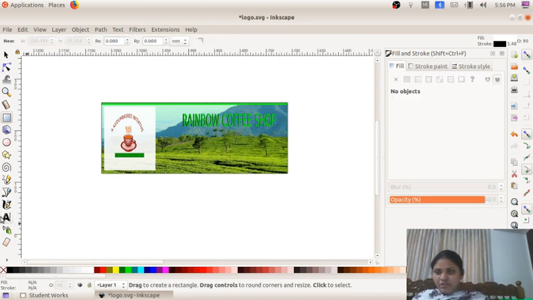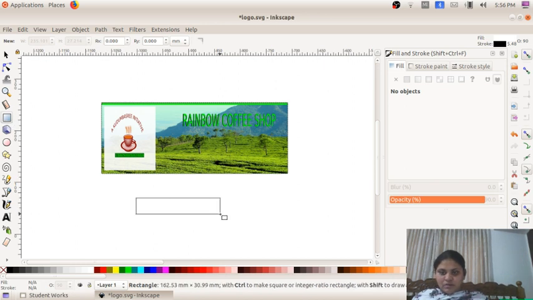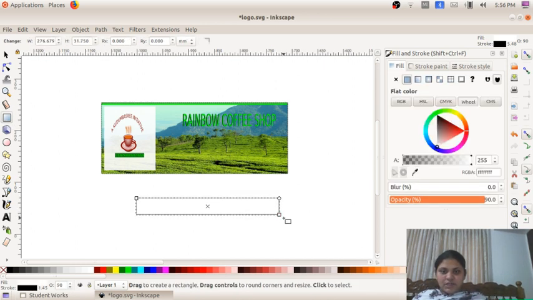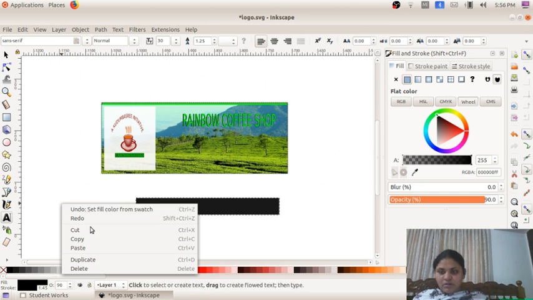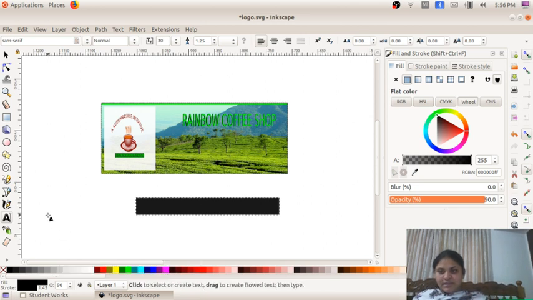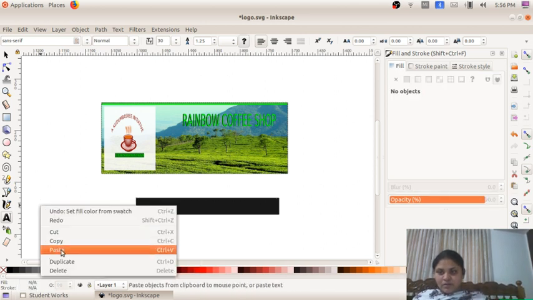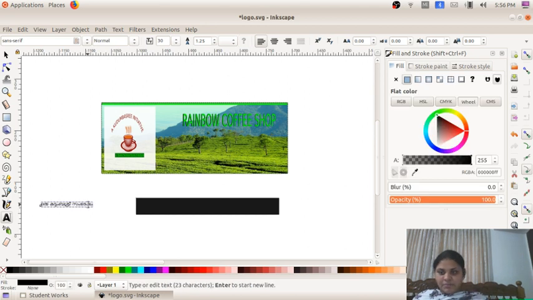I will draw it once more. First I will create a rectangle box. I am giving black color. After that, we have already copied the text, right? Kudumbasri Sambrambam. I am giving white color.